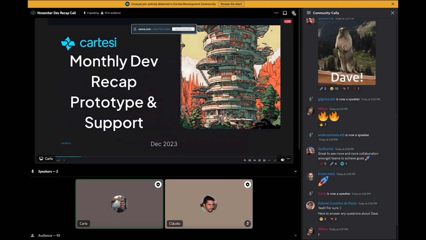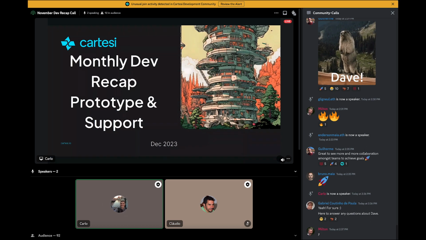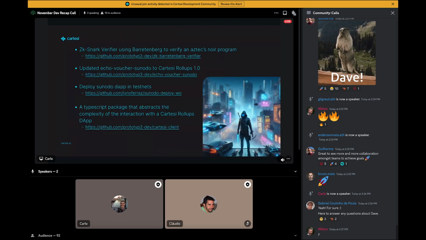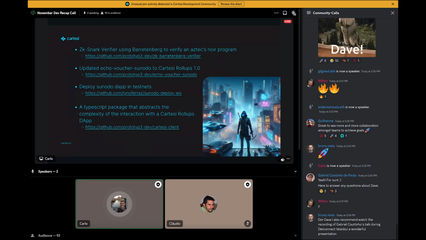So guys, another month, another review. Let me get through the main things we've done during this month. A couple of really interesting prototypes and examples were developed. One of those is this template that's available on our repo, in which you can combine Aztec's Noir with Cartesi.